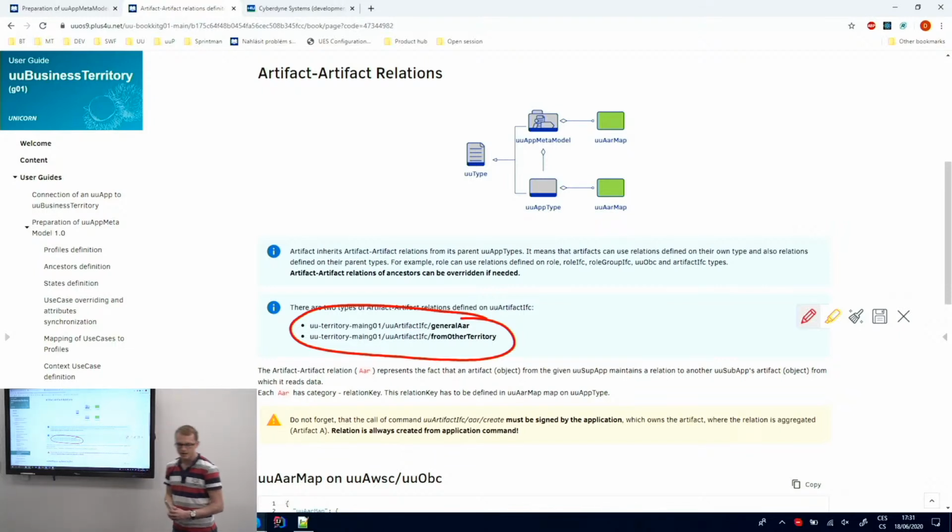So every artifact has the possibility to create general AARs, or AARs from other territory. The fact I want to mention is that if you are creating artifact relations, it must be done by the signed call of artifact interface create, which means that if an application wants to create some artifact relation, it needs some